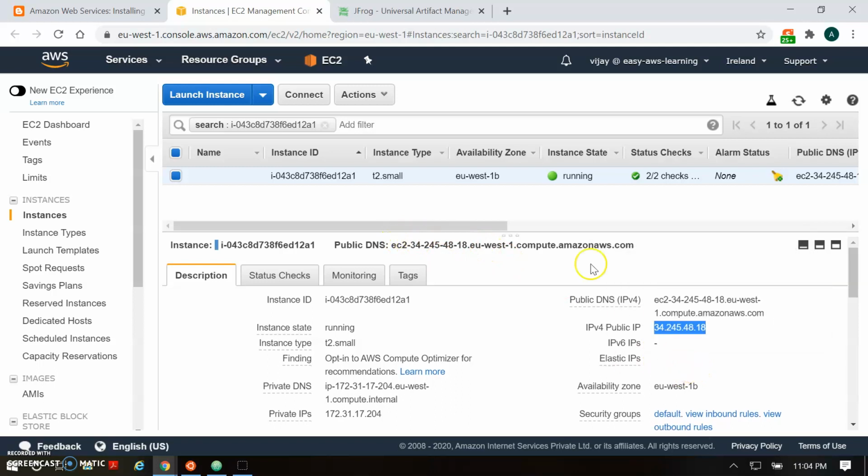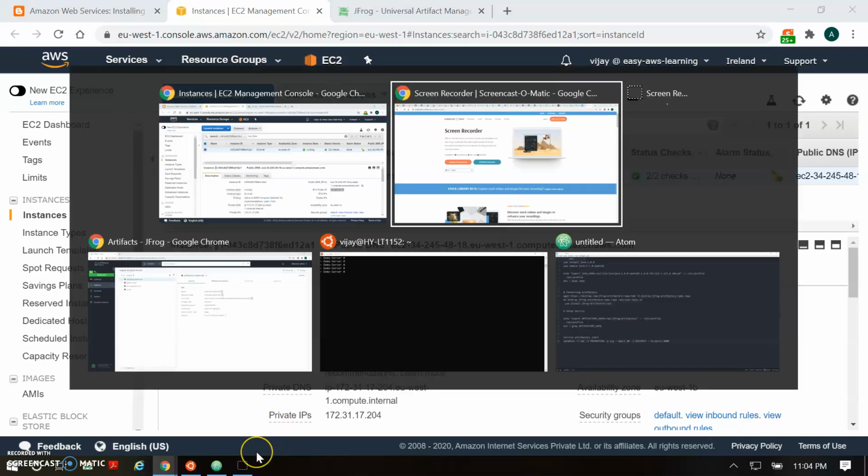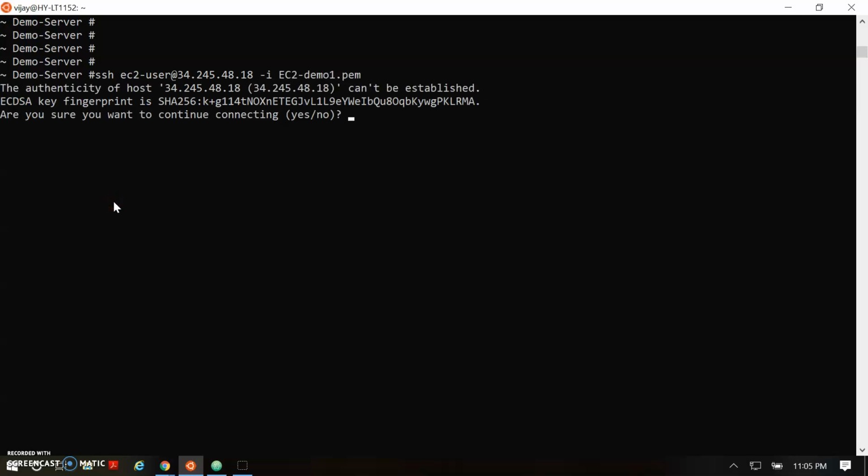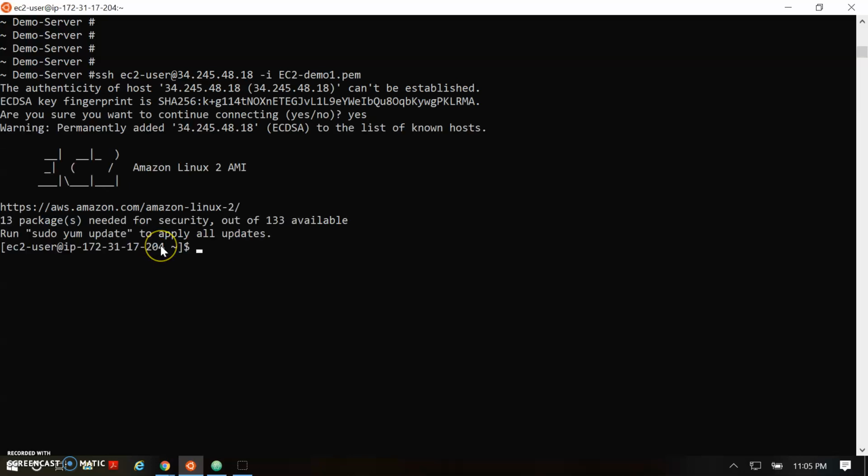I'm just taking the public IP and connecting to it. I'm doing SSH as the EC2 user.